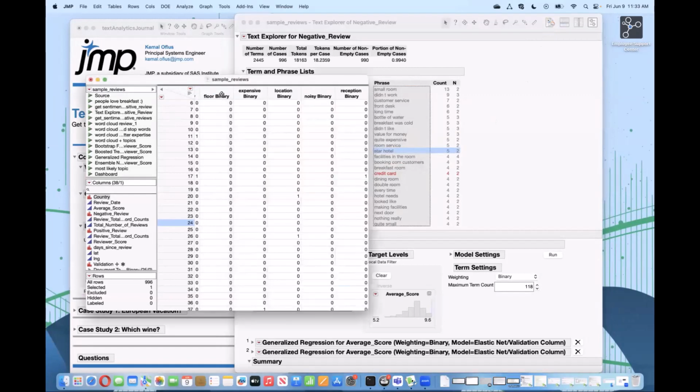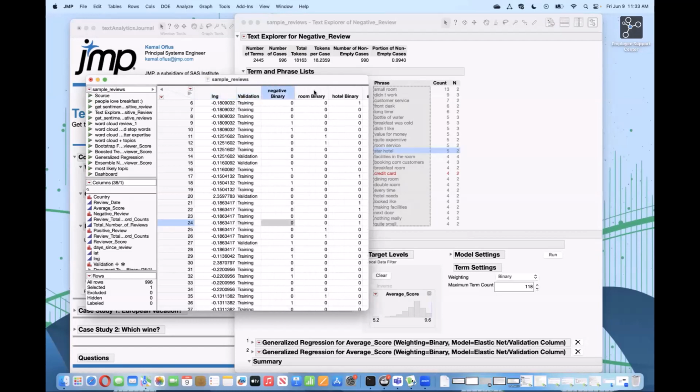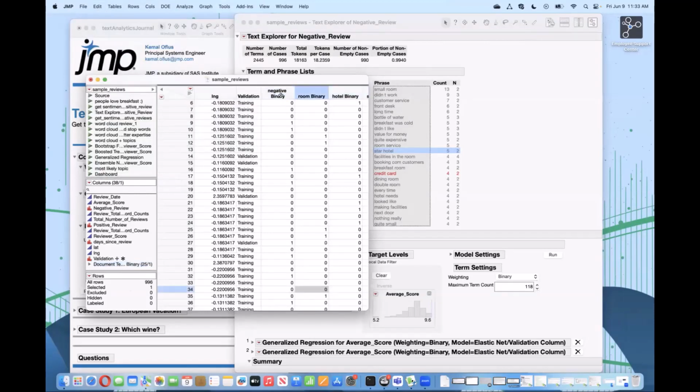Now you see I have a whole bunch of new columns that tells me if these particular words exist in that document or not. Since these are numeric columns, they're all grouped together by terms binary. By the way, if you go to edit, search and replace, you can get rid of these binary terms, and you'll just have the column names as they are. But to save time, let's go to analyze